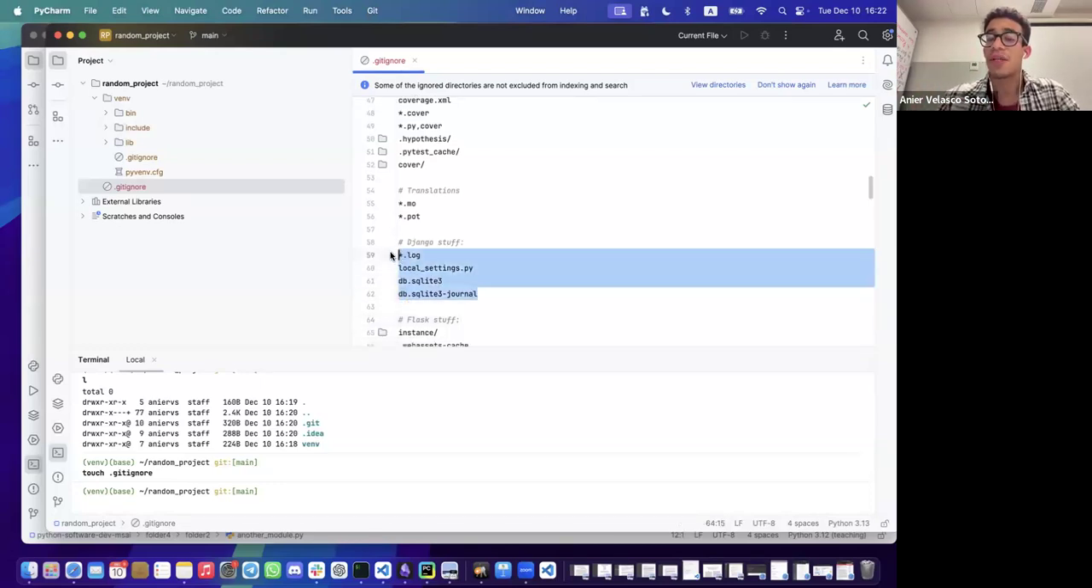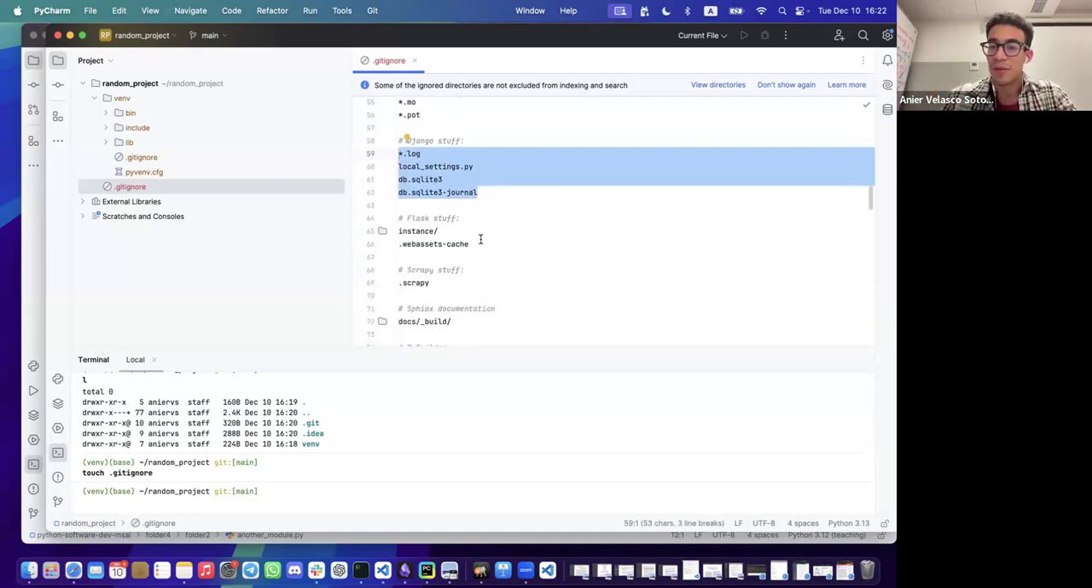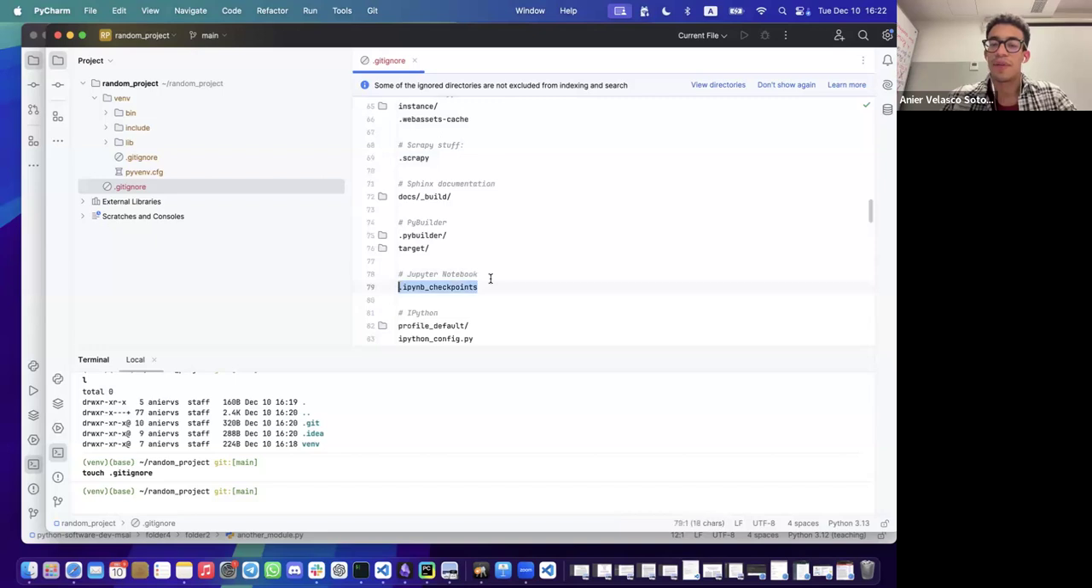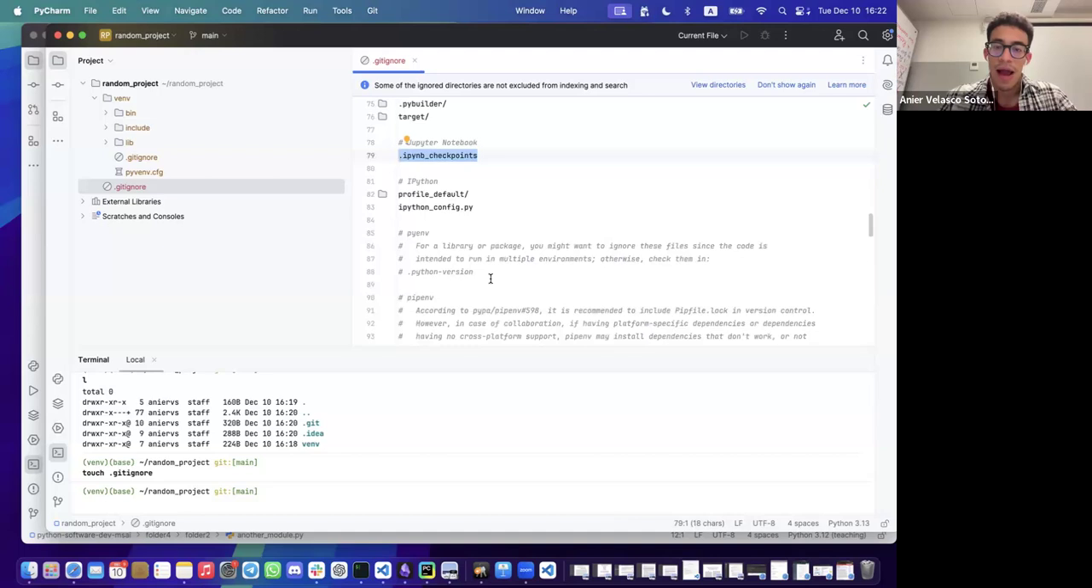So for example, here, Django, which is a framework for web development, also Flask, Scrapy. We will see Scrapy in our course in a couple of lectures. It's related to web scraping, so very good for data science. You will see also that when we have Jupyter notebooks, we need to also exclude this folder here. And depending if you're using a different